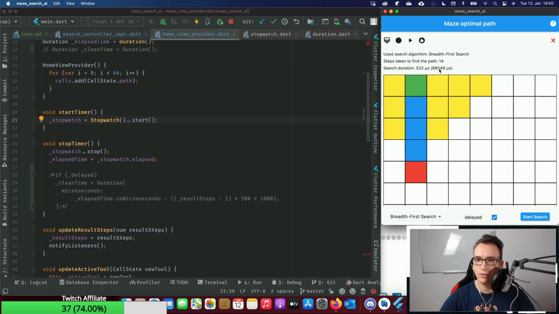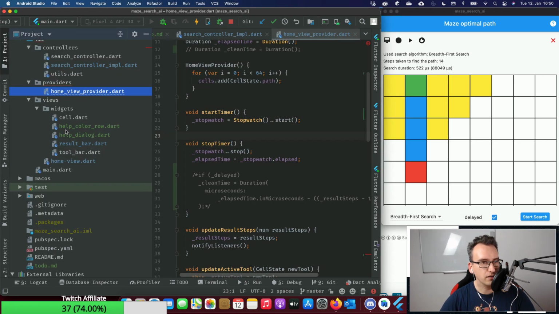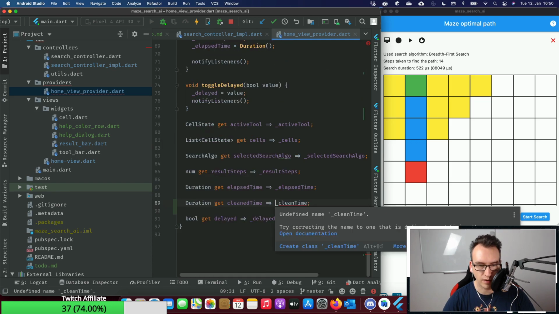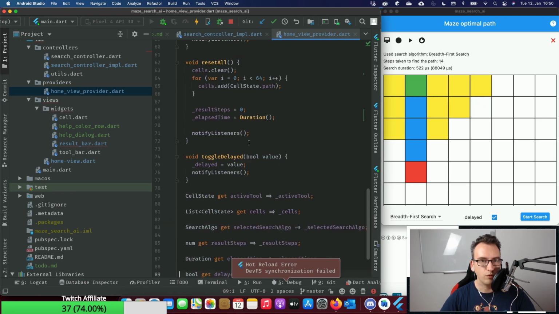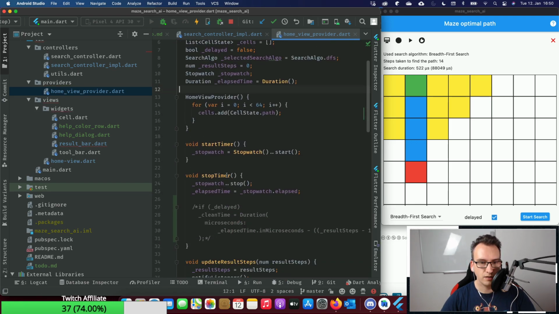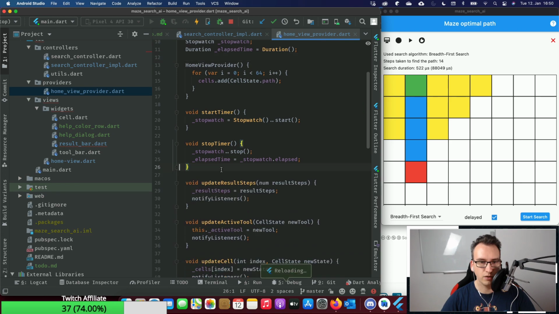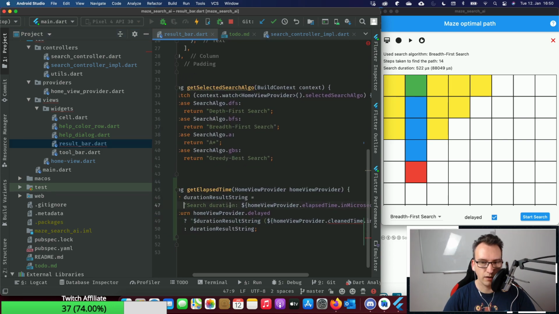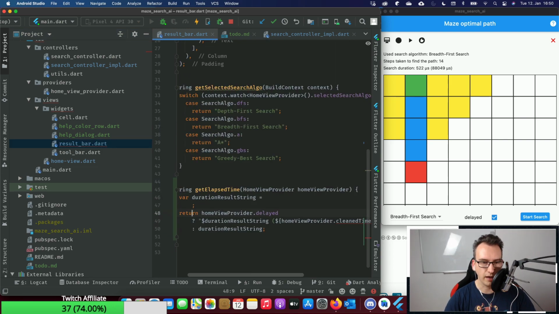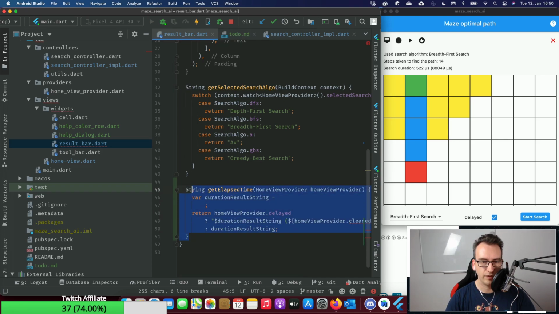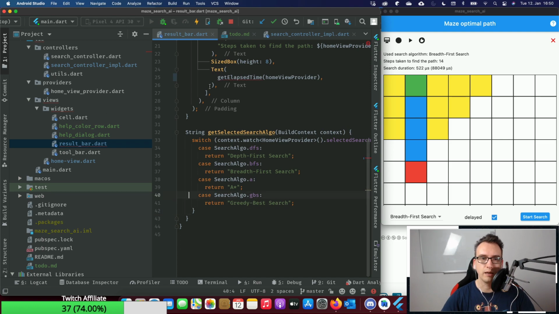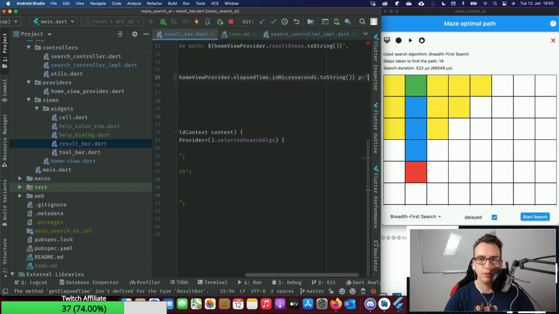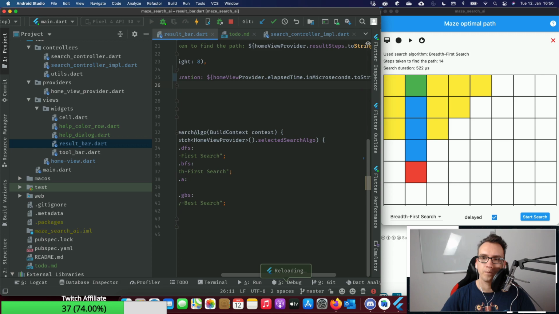Yeah, as I said, I want to remove this milliseconds down here. I think that makes no sense at the moment. So we would remove this, get rid of this. Don't take that into account. In the result bar, we would also remove that stuff here that we created, in a hacky way, I want to say. Get rid of the elapsed time here and just put that back into it like it was before. Good.